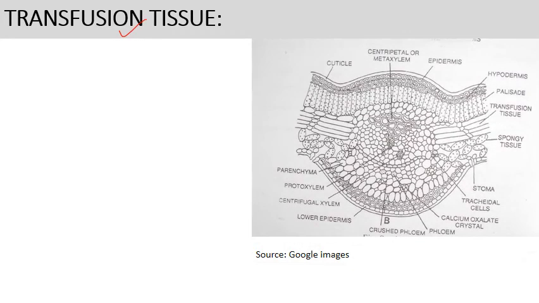Next, gymnosperm leaves have some special type of conducting tissue जिसको कहा जाता है transfusion tissue. So this tissue is present in the leaflet. It is of two types. One is primary transfusion tissue, the other is secondary transfusion tissue. So in the wing region of this leaflet there is presence of secondary or accessory transfusion tissue, and in the central portion there is primary transfusion tissue, and this tissue helps in radial conduction of water, or we can say